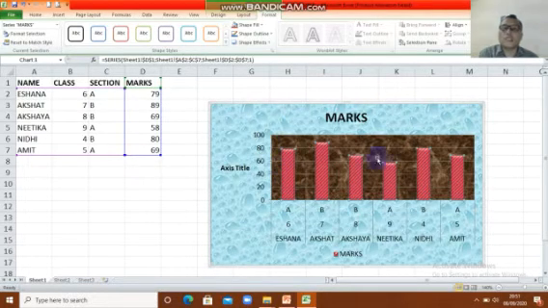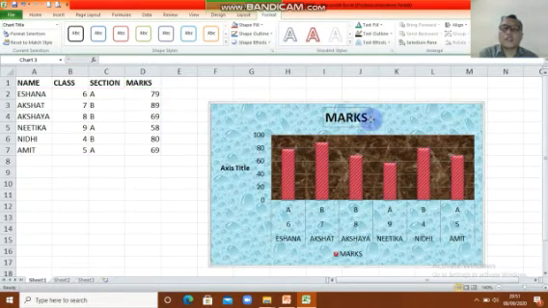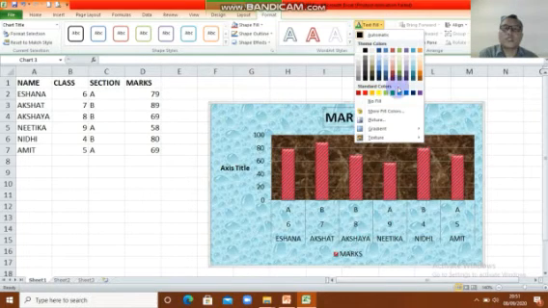For example, you want to click this, the mark. This is the chart title. You must know and remember this: the name is mark, and this mark is the chart title. For example, you want to change the color, maybe this one.